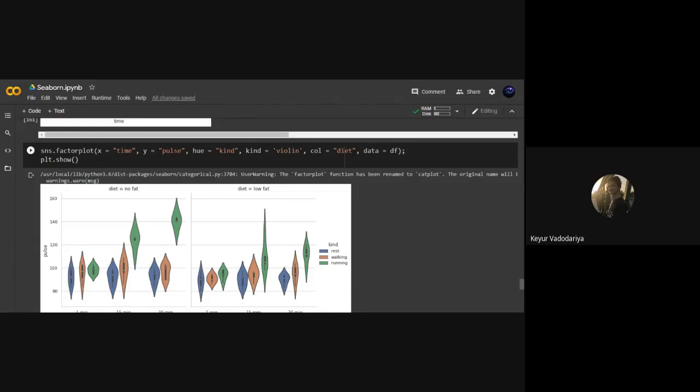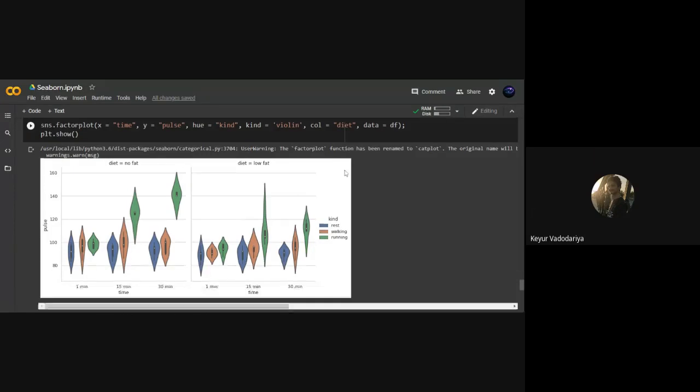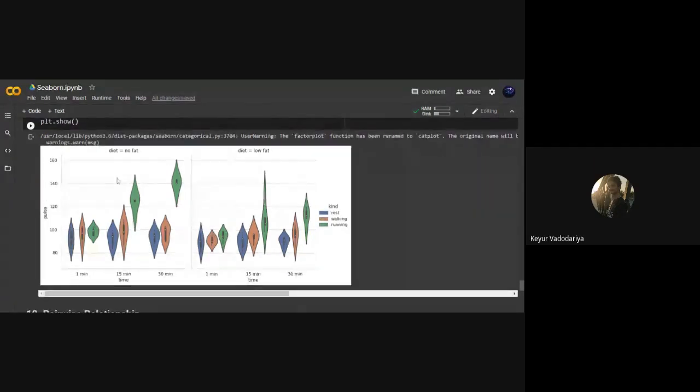We have to specify the data frame which we are going to use, and we will get two plots side by side based on the categorical column, that is no fat and low fat. And you can see that the persons who are on the no fat diet have a higher pulse when they are running, and those on the low fat diet have lower pulses when they are running.